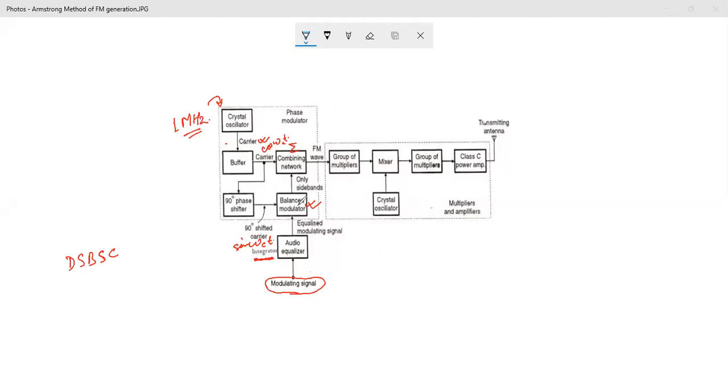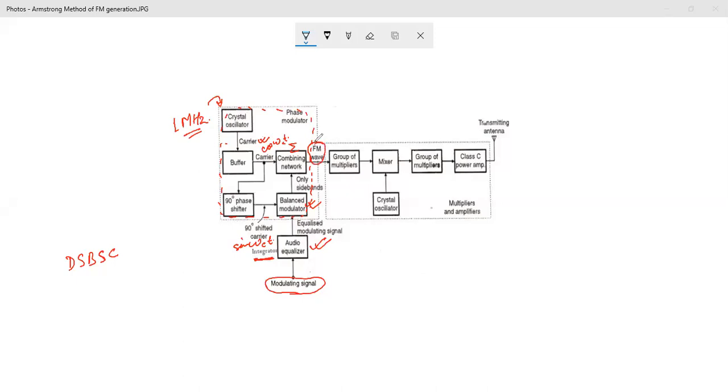And whatever this combining network is here, we will have cos omega ct, this carrier part, carrier part के साथ-साथ हमें क्या मिलेगा? The 2 sidebands. So whatever signal we have got here, we have seen in the earlier classes also that by using this type of network, we can generate FM or PM. And when this is added with the integrator part, then we will get the FM wave.